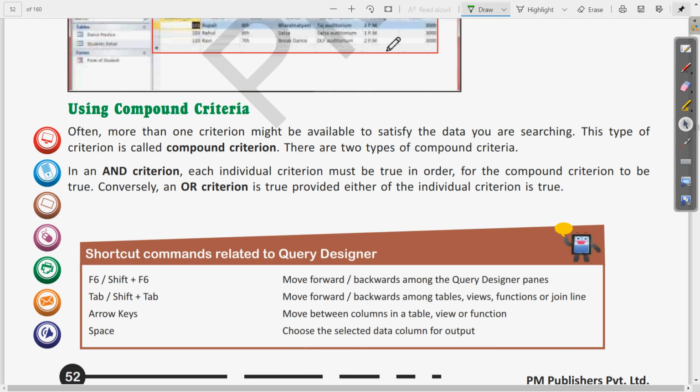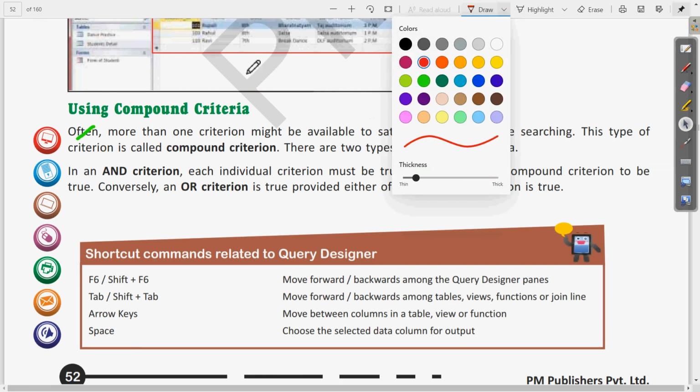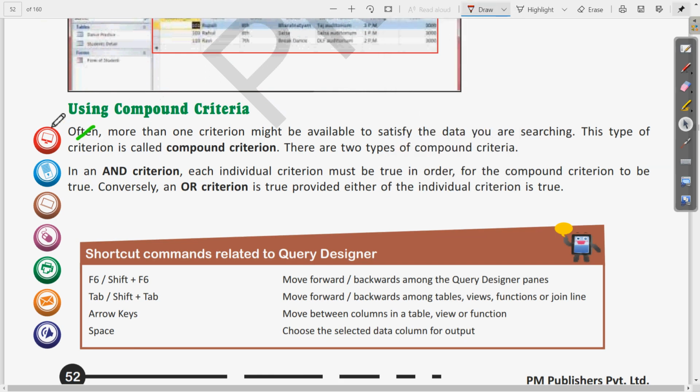So we will begin our answer from, in the place of often we can write when. Let us change the color. So we will start the sentence with when more than one criteria might be available to satisfy the data we are searching.